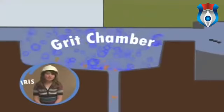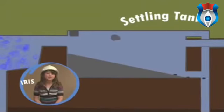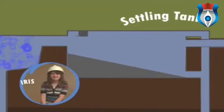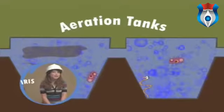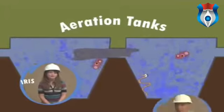Then the wastewater goes to the settling tanks. Sludge that either floats or sinks gets removed and treated elsewhere. But I'll get back to that in a moment. The wastewater goes to the aeration tanks where they force air into water. This allows the microorganisms to...